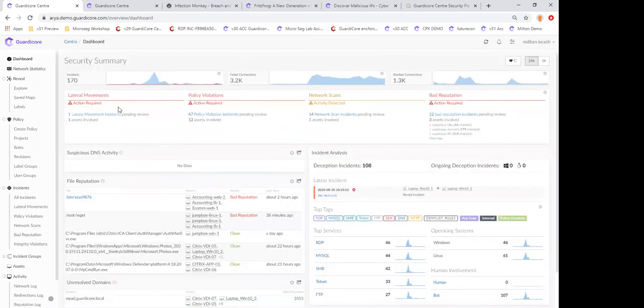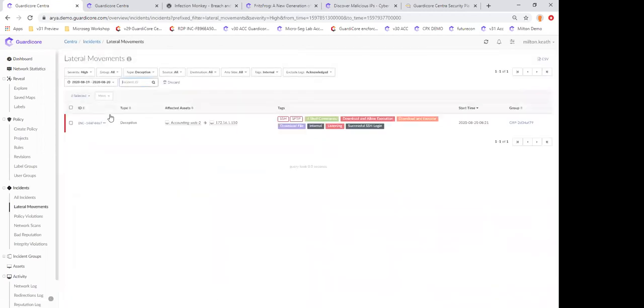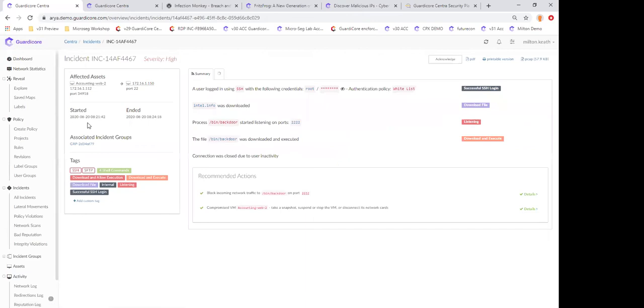And finally, what I want to get to here is the lateral movements. This is where a server either talked to an IP address that's part of your internal network, but the IP is not active and failed, or maybe we talk to a port. So in essence, Guardicore is turning every unused IP address, every unused TCP UDP port into a potential honeypot in your environment. And here's that high-level summary where we see a user logged in using SSH with the following credentials